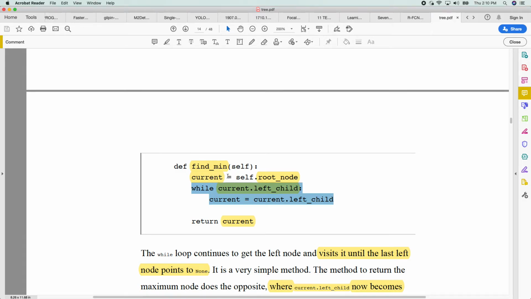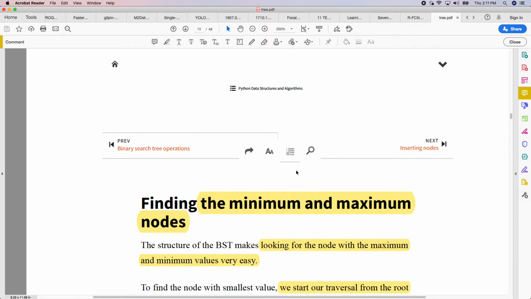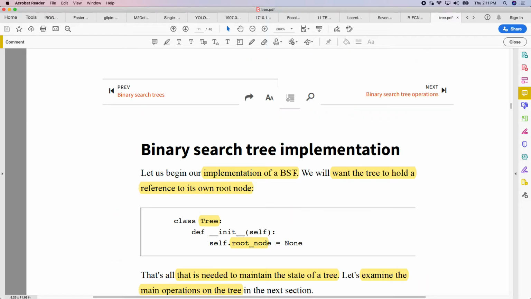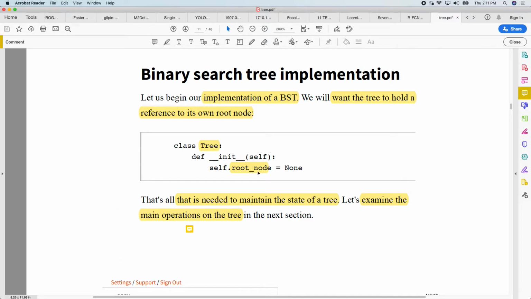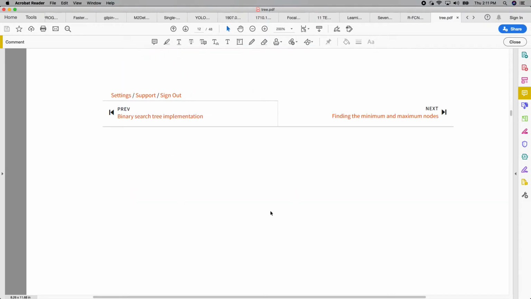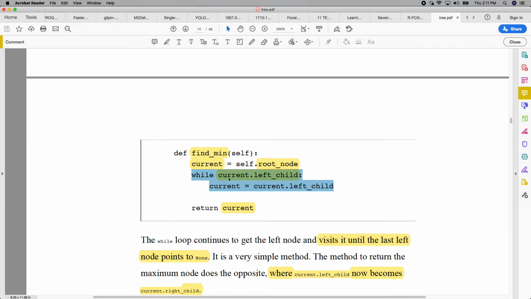So we bring up a variable called current, and you initialize that current to be equal to the root node, whatever the value of the root node is in that tree. Don't let us forget that we have just initialized our tree, which we soon see again here, and it has an attribute called root node. Okay, so we see it again in code. So once you have initialized that, assume the highlighted is not there, so you can just return that current, and that gives an answer provided that tree does not have any child,